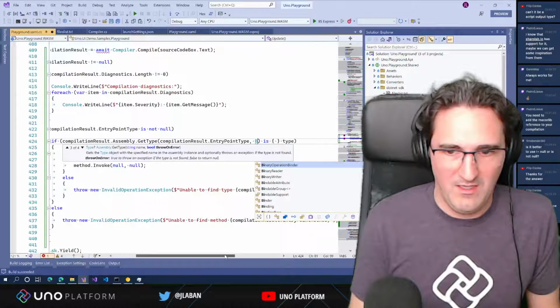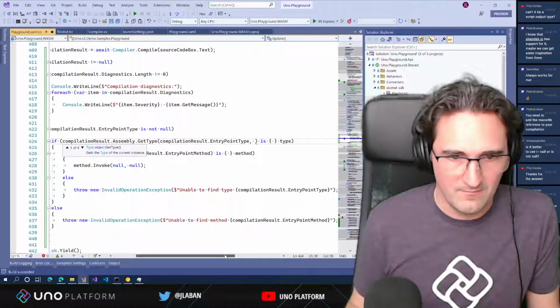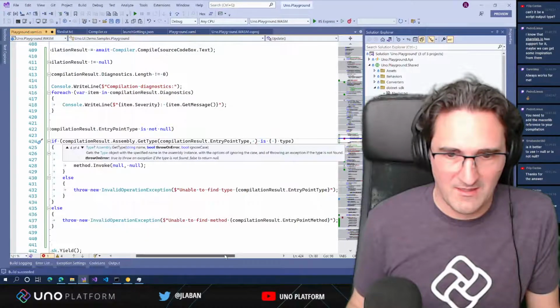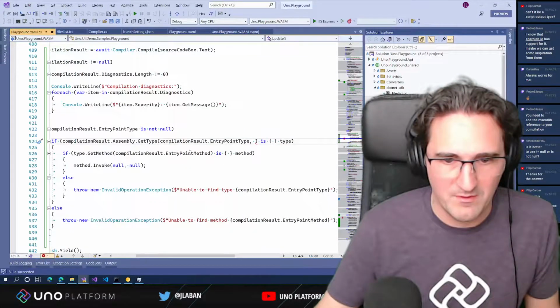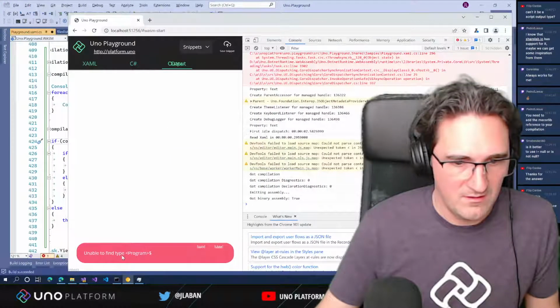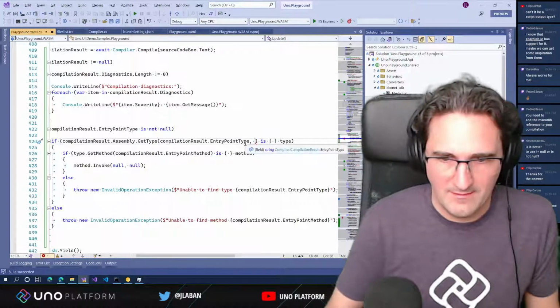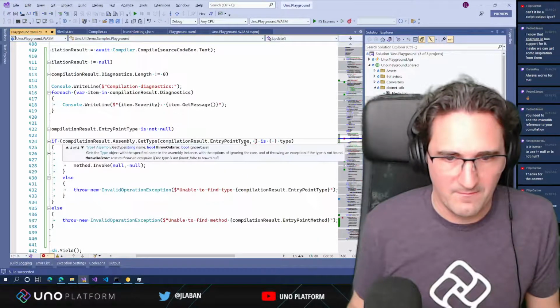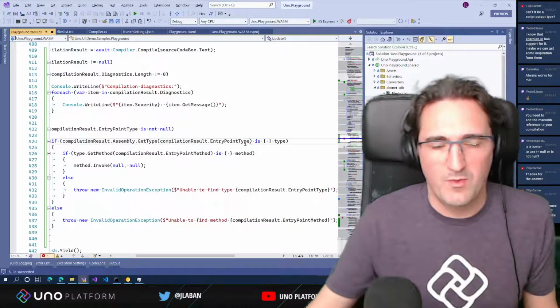So it will be not this one. Okay, so get type doesn't, was it the method that was unable to find? Okay, so the type cannot be found. Okay, so that's interesting. Because it's supposed to be providing,